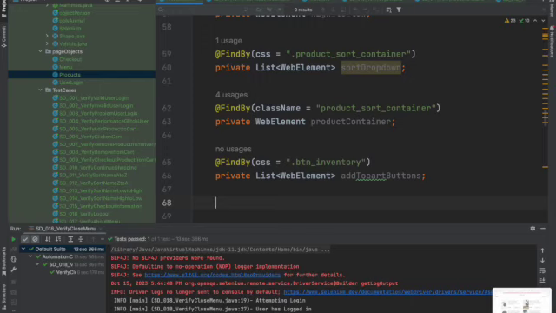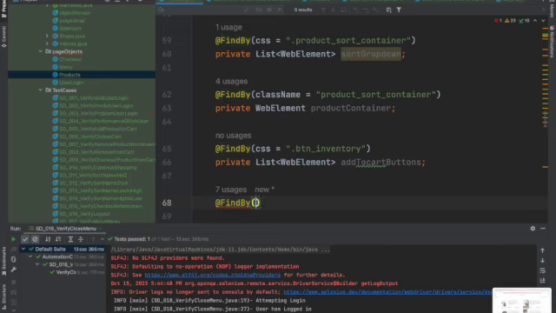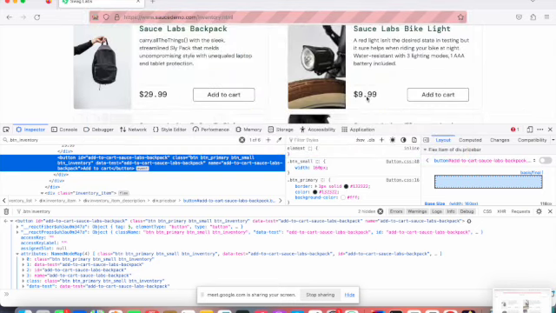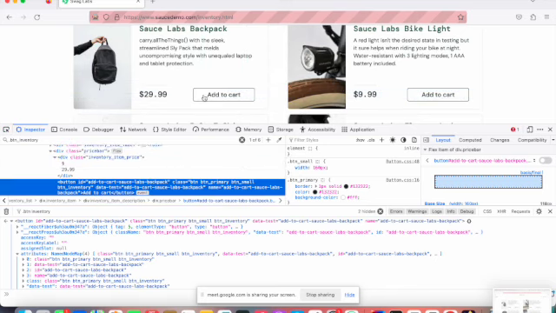Then there's another one we have to deal with apart from add to cart. We are talking about product and then add to cart. So there will be another locator for products, right? For product name, let's go back again. So this is add to cart, this is product. And so if you click on add to cart,